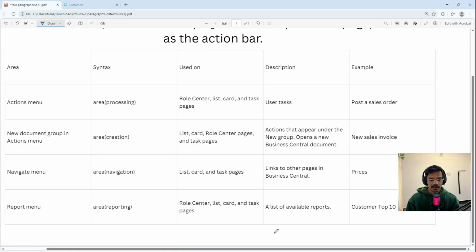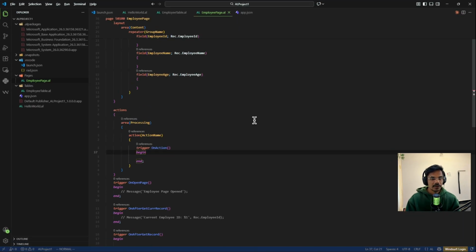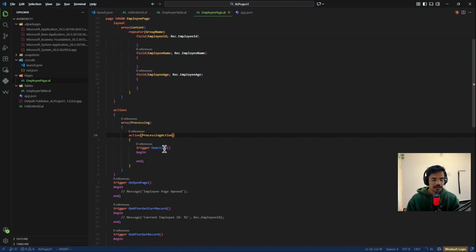So first let me just open Visual Studio Code. In here you can see we have created the employee table and employee page in our last video. In this particular video we are going to create the actions. For example, if you see over here, we already have an action for processing called action name. So we are going to change this name to, let's say, processing action, and in here we are just going to put a message called